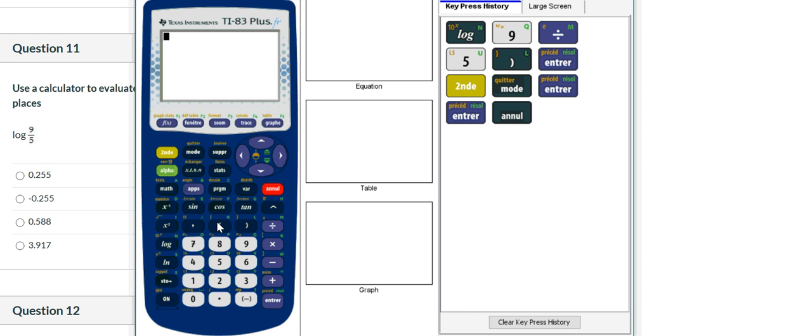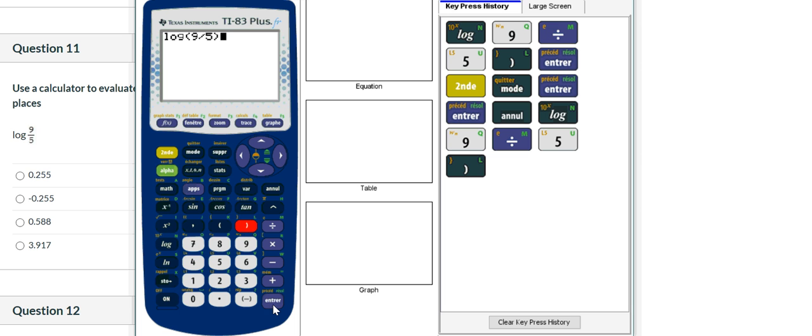So you want to locate the log. Where is log? This is the key. When you click log, again, left parenthesis shows up. Then you click 9 divided by 5, close bracket, hit enter. Then this will be the answer,